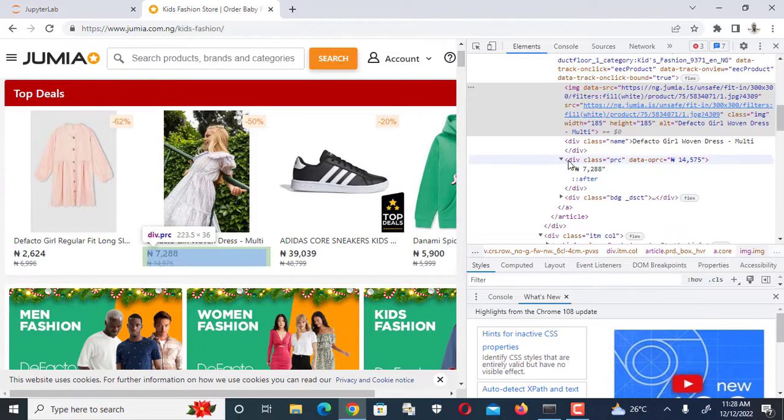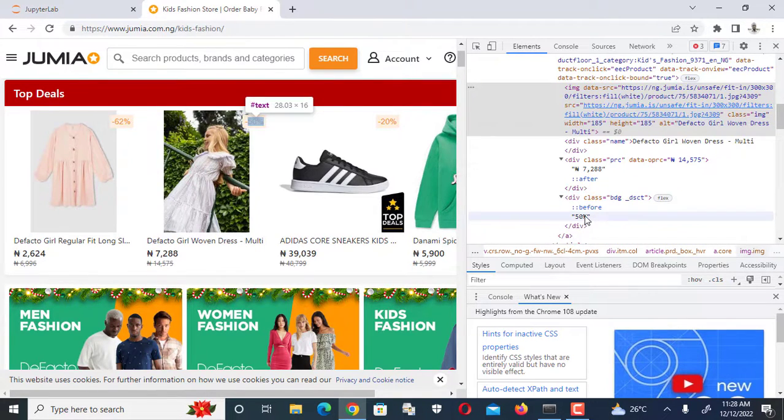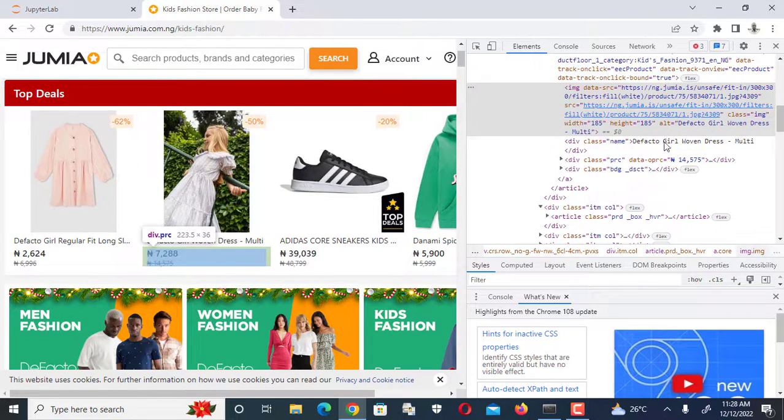For us to see the discount that has been added, here is a 50% discount. This is what we are going to use for discounts: the reference class is bdg _dsct on that div. So just take note of all this. We'll be referencing it when we start. So now let's go back to